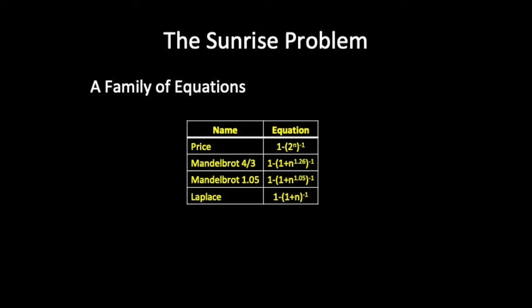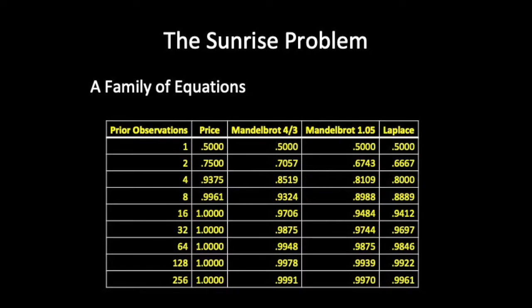Pierre-Simon Laplace's equation is f(n) = n/(n+1), which equals 1 - (n+1)^-1. If an event has always occurred, there should be some probability that it won't occur. So Laplace added one failure to the set of observations seen so far, the smallest discrete unit. Laplace's uncertainty about the next event diminishes iteratively or linearly.